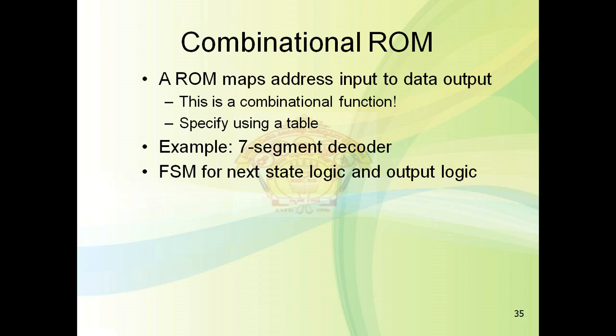In the finite state machine, it will be used for the next state logic as well as the output logic. One of the examples where we can use the combinational ROM,